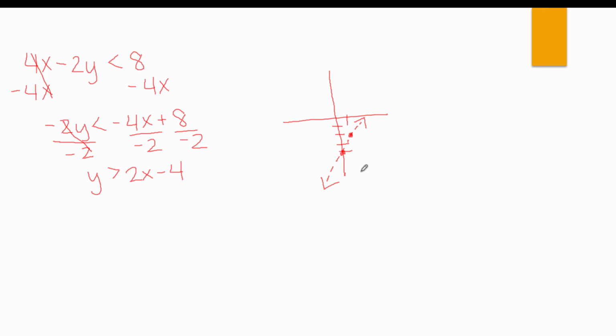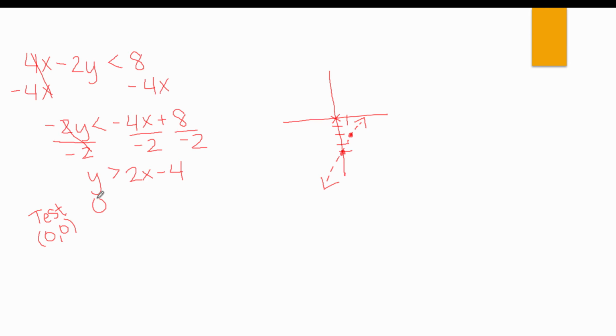We need to choose a test point. I'm going to choose 0, 0, and basically what I'm doing is I'm plugging in 0, 0 and seeing if indeed this is part of the function. If it's not, then it's down here. So I'm going to test 0, 0,